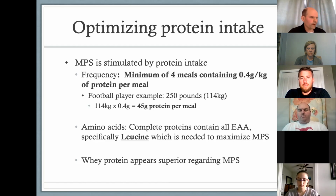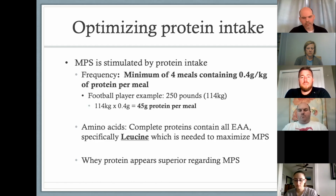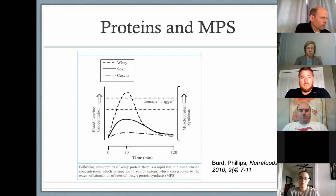Protein is something that's very, very high in leucine. It's a complete protein, digested and absorbed, has a great ability to break down and increase amino acids in the bloodstream. So it's going to be a great food if somebody can include it in terms of meeting their requirements in the diet. So this graph basically shows that after you consume a protein-rich meal, all right,